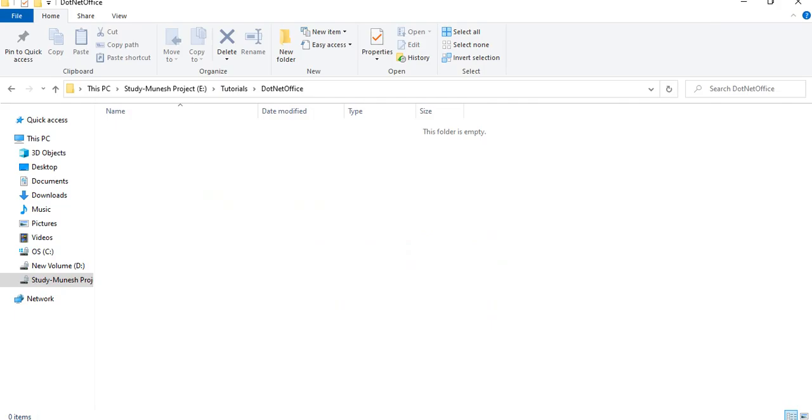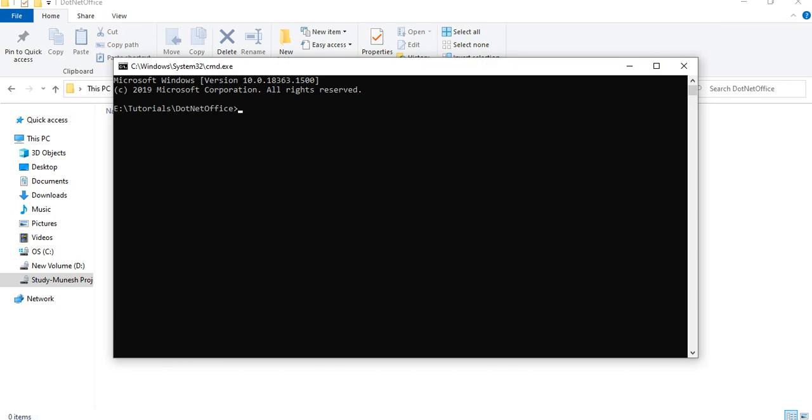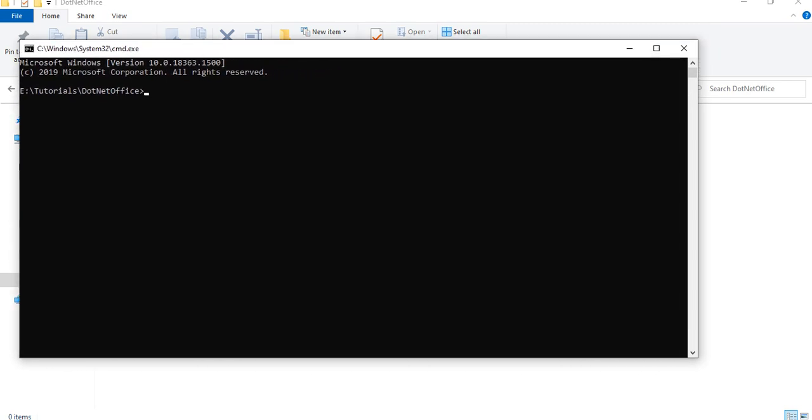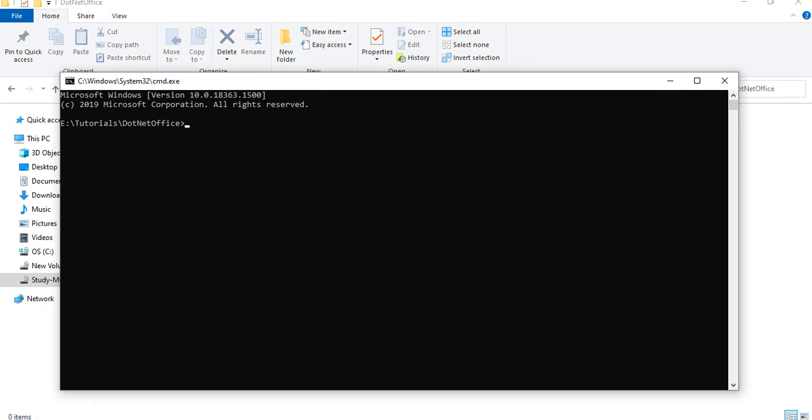In this project I'm going to create the Angular 8 project. So I will open the cmd command from here, and after opening it, I will create the Angular 8 project. For creating an Angular 8 project, we do all the things using commands. The command used to create the Angular 8 project is ng new, and then we have to give the project name. I'm going to give it as student